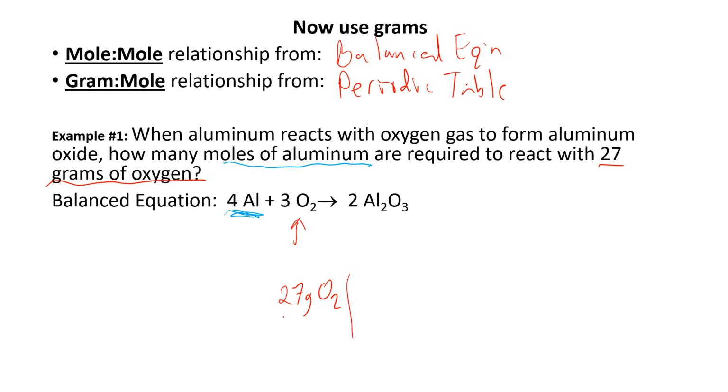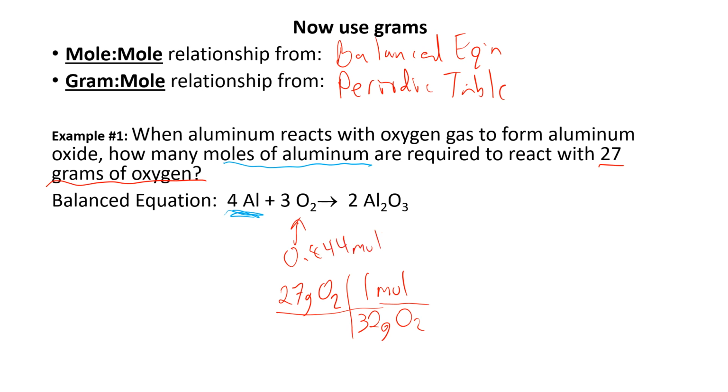And to turn that 27 grams into moles, that means we need to divide by, from the periodic table, 32 grams of O2. Oxygen weighs 16, there's 2 of them, so that's a total of 32 grams, and that's in 1 mole of O2. And when we do that, we will figure out that there are 0.844